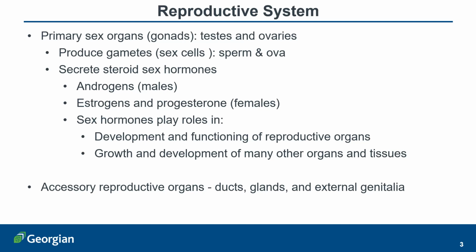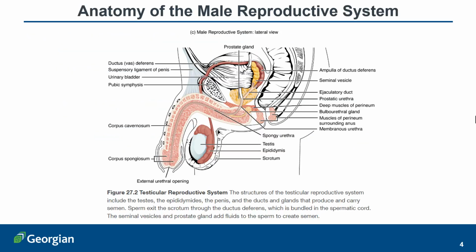The sex hormones play a role in the growth and development of the reproductive organs, the primary and secondary reproductive organs, as well as the growth and development of many other organs and tissues. We'll be describing the effects of testosterone and estrogen a bit later on. The accessory or secondary reproductive organs include all the ducts, glands, and the external genitalia in both the male and female reproductive systems. We'll start off by looking at the anatomy of the male reproductive system, and we'll begin with